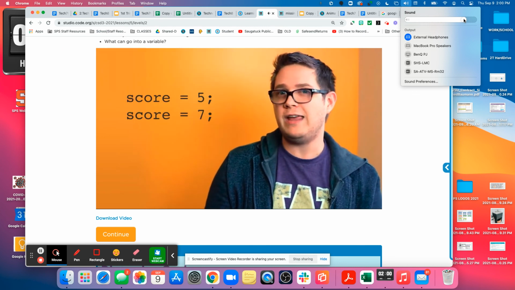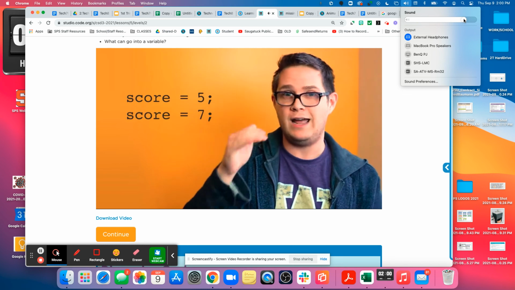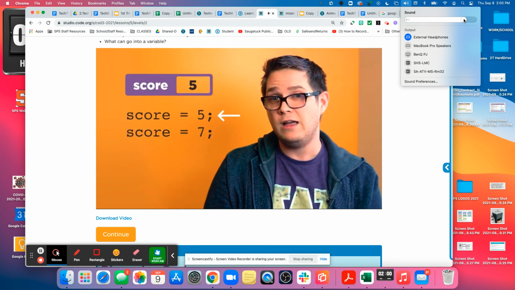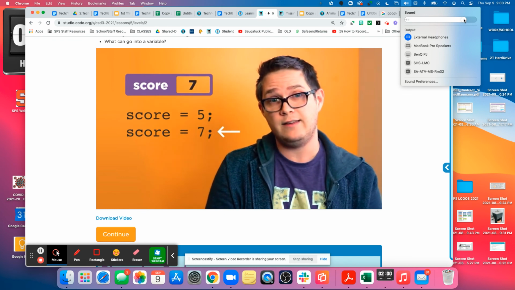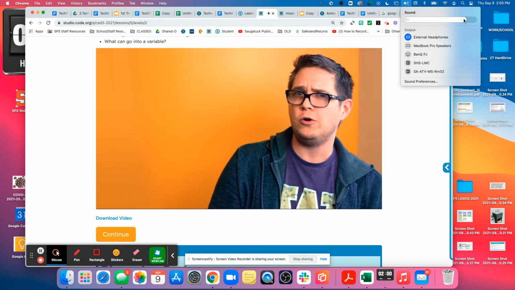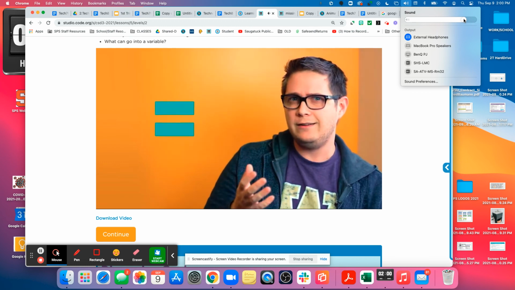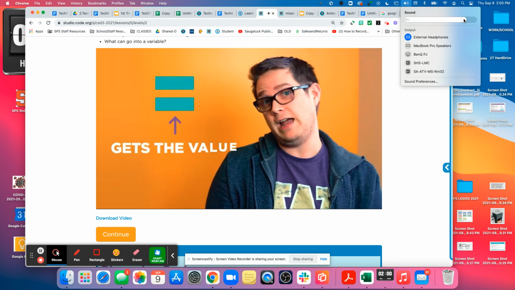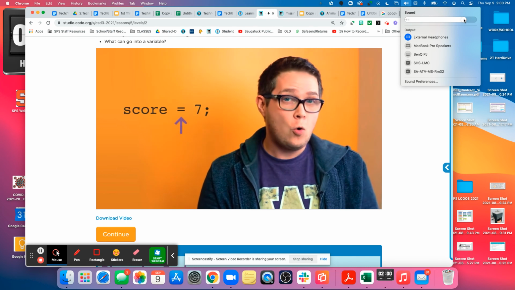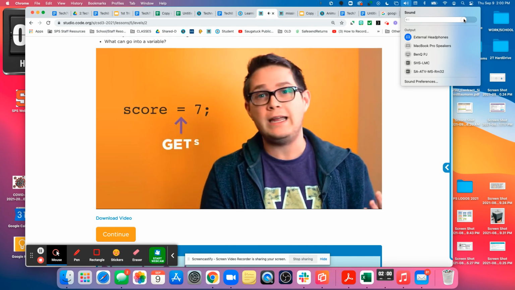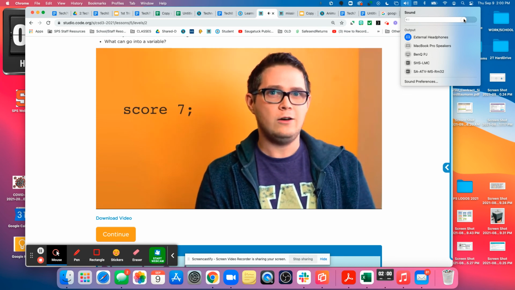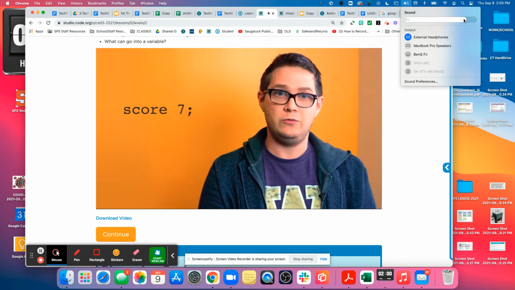With code, a computer is executing a set of instructions, one after the other. So this would just tell the computer to set score to 5, and then on the next line, set it to 7. In an effort to avoid confusion, programmers often don't use the word equals when we see this sign. Instead, they use the phrase gets the value. So when we see a statement like this, we could read it as score gets the value 7, or score gets 7 for short. Some programming languages avoid the confusion entirely by representing the assignment statements with a sideways arrow,